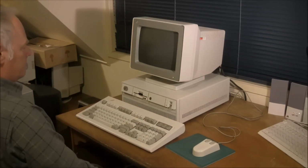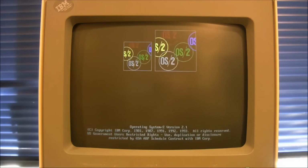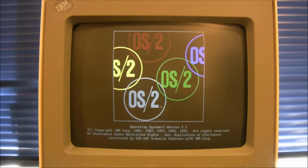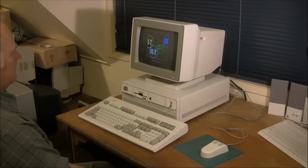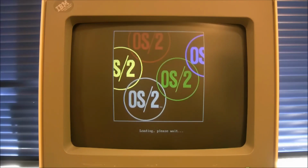I've shortened down the boot up sequence in interest of time, but you can see what's on it. It's OS2 2.1. It doesn't quite match the computer as far as time is concerned. OS2 2.1 was released in 1993, whereas the computer was a few years before that. So it is a little slow on this unit, but I'll show you some of the interface and what it